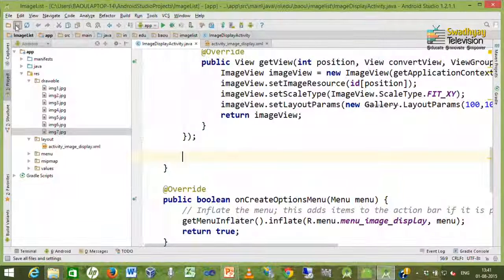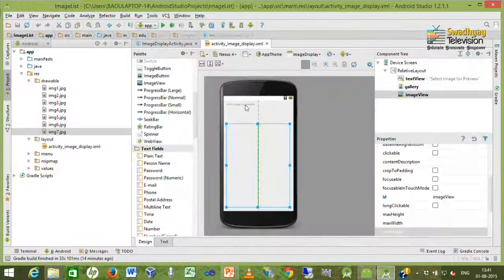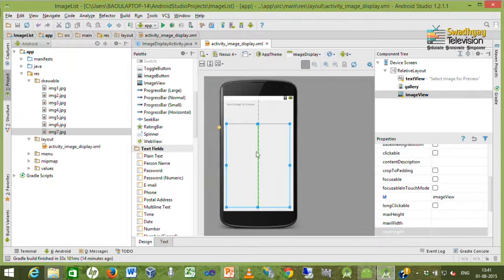Next, we have to display the images selected inside the gallery, whenever the user clicks on one, in the image view below the gallery in our interface. So, when an image from this gallery is selected, we want to display it inside this image view.